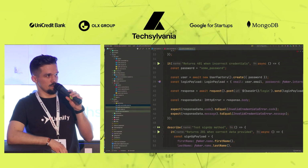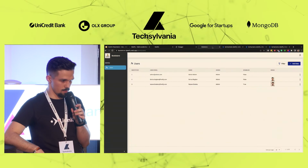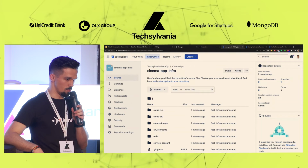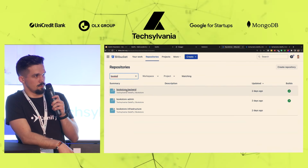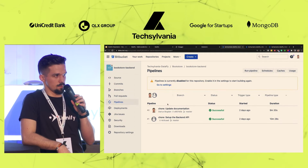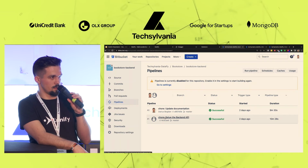Yeah, so Datafy also generated tests for us. Let's go back on Bitbucket, because for our previous product, the bookstore, if we go on the Bitbucket pipelines, not on the cinema, on the bookstore one, and if we go on the backend and on the pipelines, we can see that Datafy also enabled the pipelines for us. So if we go on the first one, which was started by Datafy,